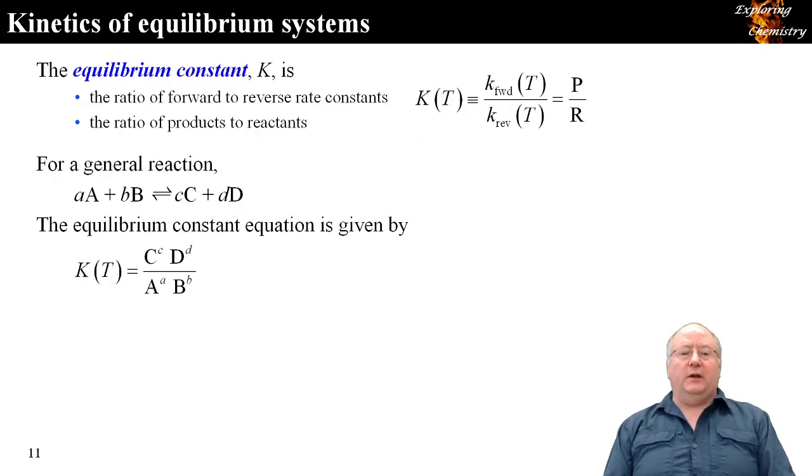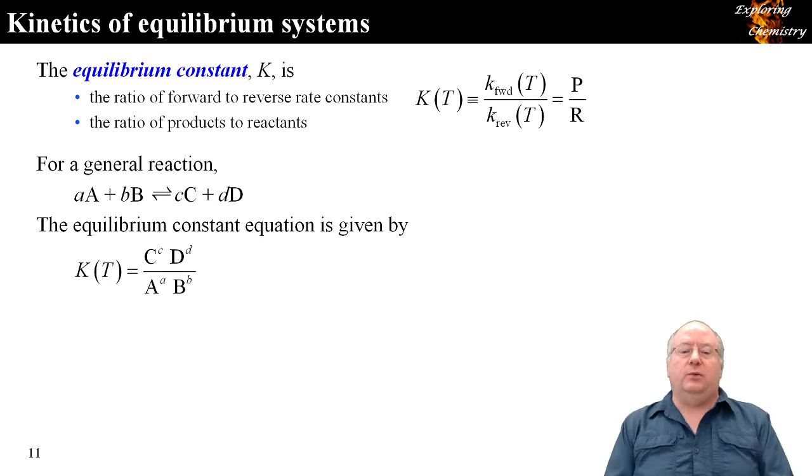So what is the equilibrium constant? It's the ratio of the forward to reverse rate constants. It is the ratio of products to reactants for a chemical system. I just used P and R to be very generic. I can still be generic by using A and B reacting to form C and D, or A and B in equilibrium with